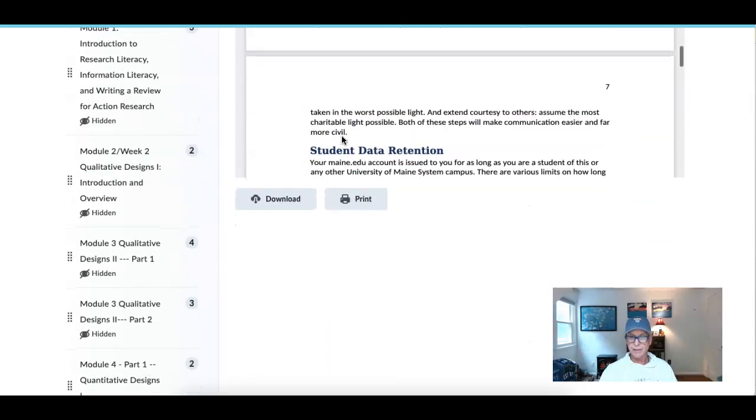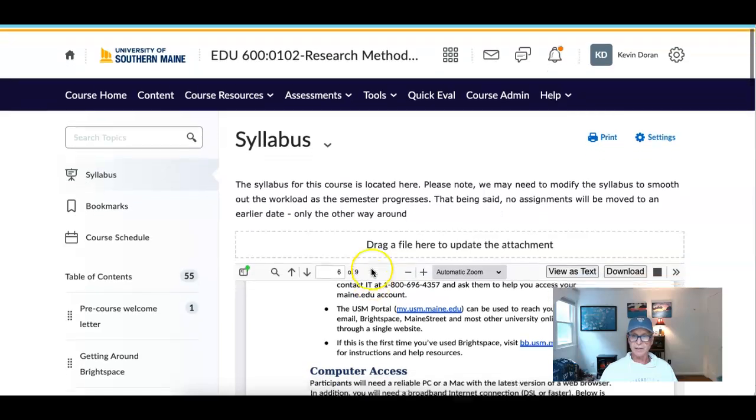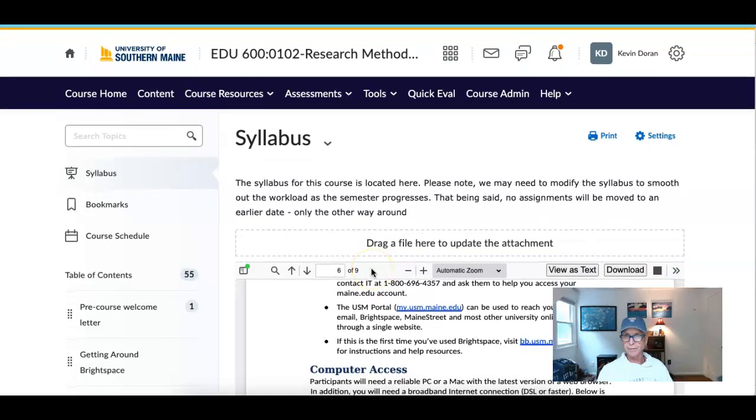That is really it. That's the syllabus, and if you have any questions on the syllabus, please let me know. For those that like paper, you can print it off, but once again, there may be a tweak or so coming up. If you have any questions, shoot me an email, or we can discuss it in our first Zoom meeting.